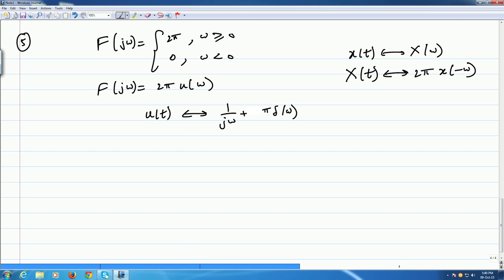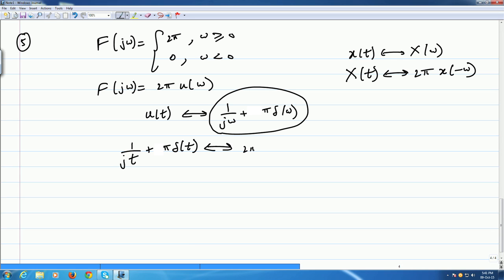Okay. So, now if I use duality here, what will happen? This guy which is capital X should become, instead of omega I should put t there. So, 1 by j t plus pi delta of t transforms to 2 pi times u of minus omega, right. So, whatever I have here, 2 pi times whatever I have here, instead of t I have to put minus omega. Okay. So, that is the first property that I want to use, and then you have the